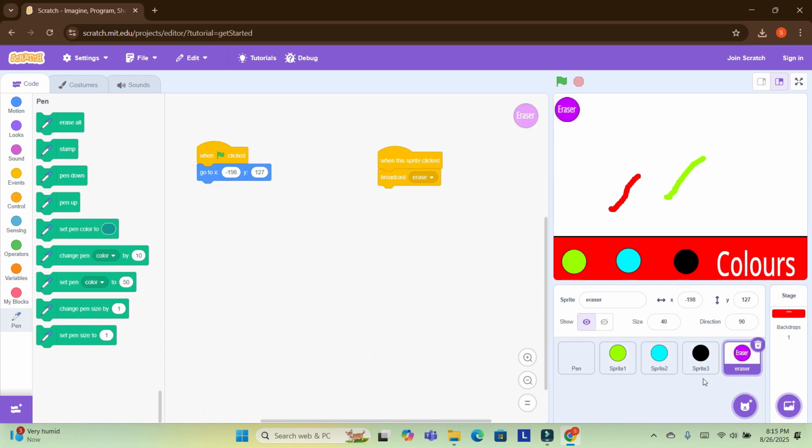So now our last code will be for erase all. I will make it 127 and positive 198, meaning at the opposite of this. Now I have made it erase all.